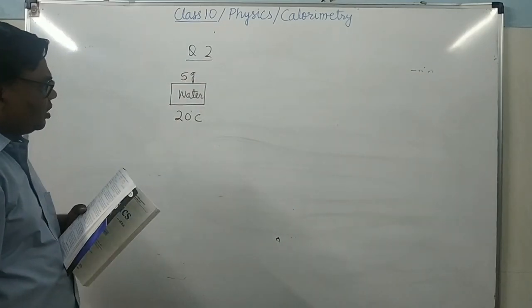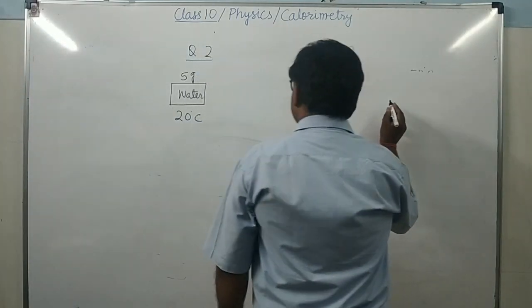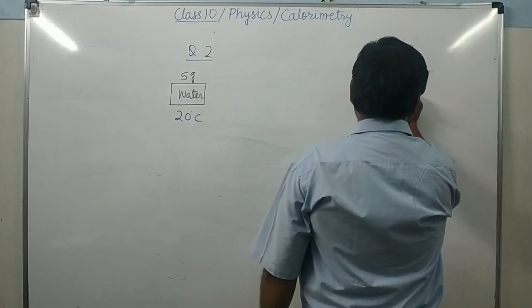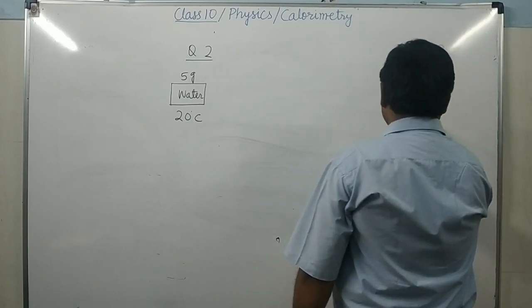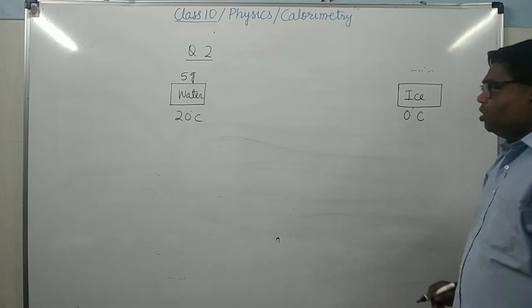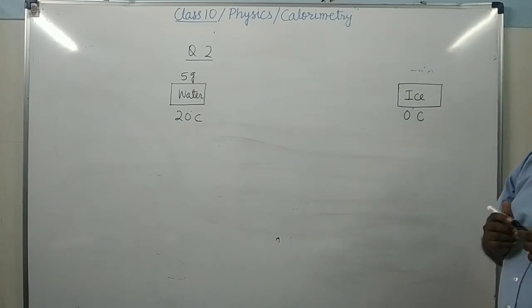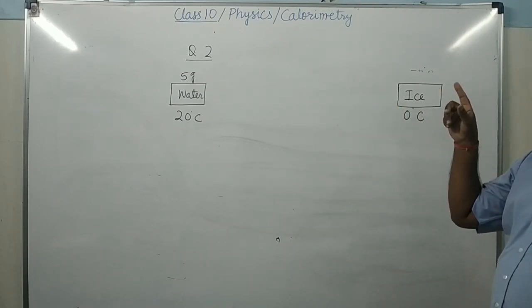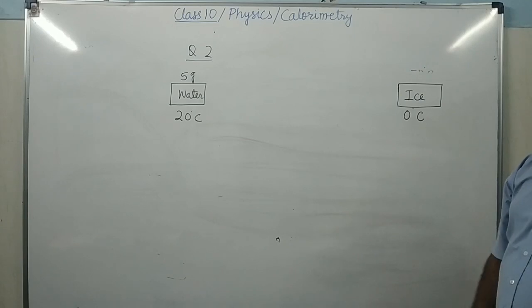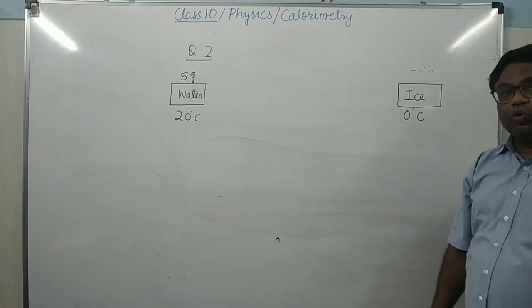Here in the starting you can write mass. And it has to finally change into ice at 0 degree Celsius. So what will you do? First you will make the indicator diagram. Indicator diagram means you have to write that order in which this change takes place. उस ऑर्डर को मेंशन करना है जिसमें ये चेंज होगा.